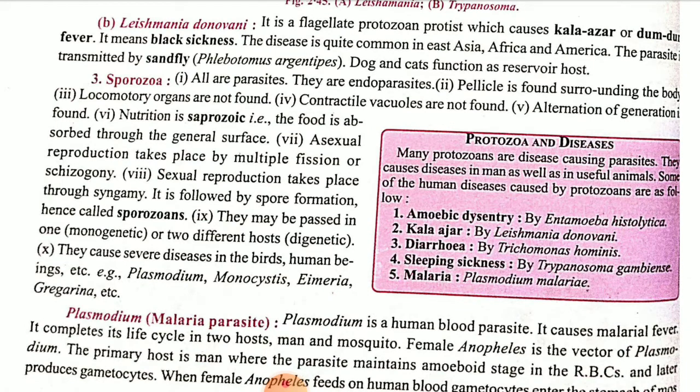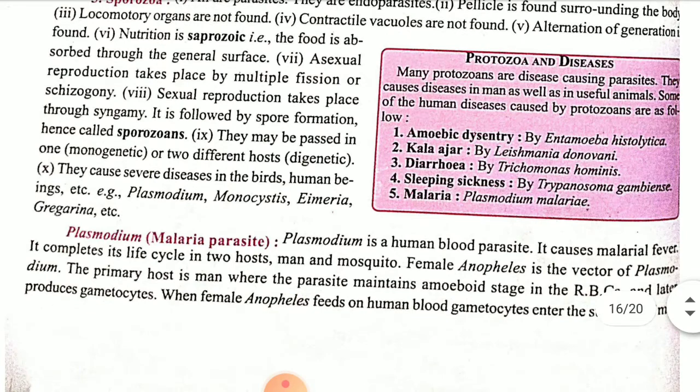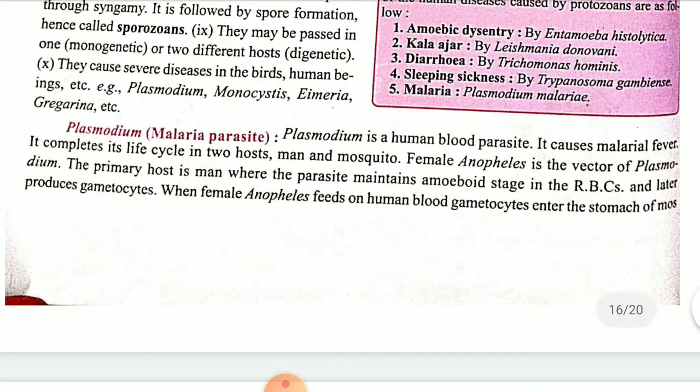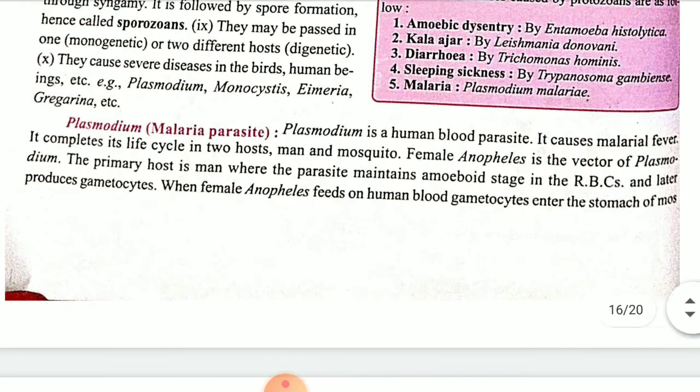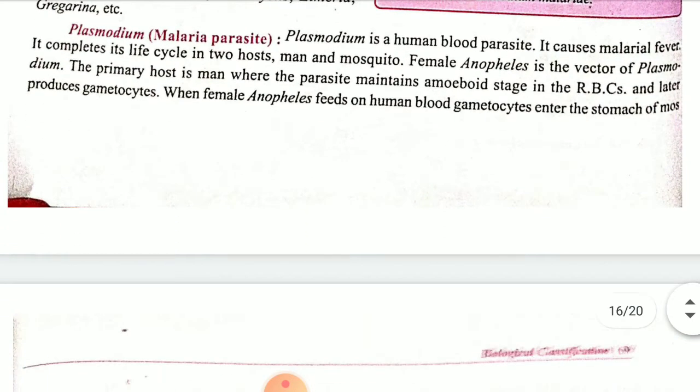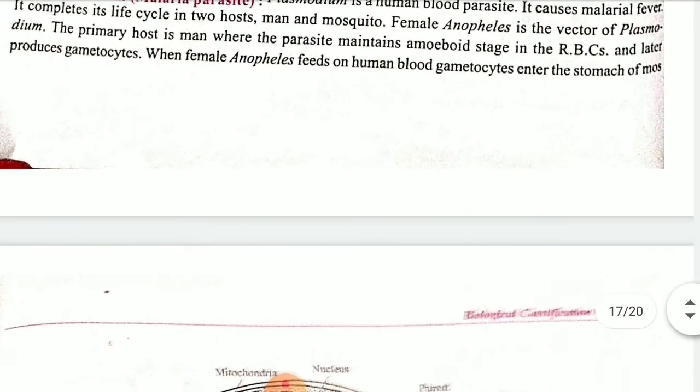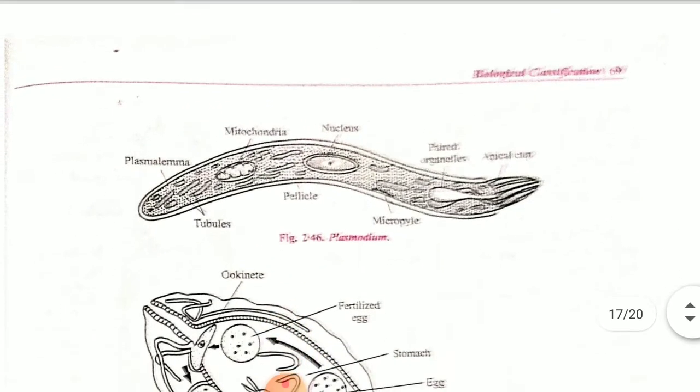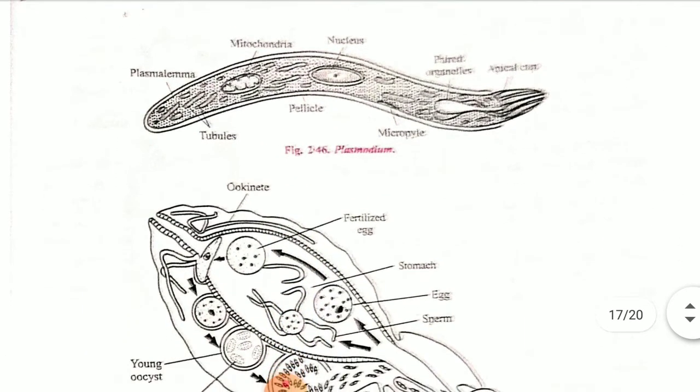Okay, children. They may cause severe diseases in birds. Plasmodium is the best example, the malaria parasite that is present inside the female Anopheles mosquito. From there it will pass to human beings or animals, and there they will go for malaria. Okay, children. I am not explaining all this in detail, just the characteristics you have to learn. So don't get too tense about why this point is not explained in detail and that point is not explained in detail. If any problem is there, you can ask, children.